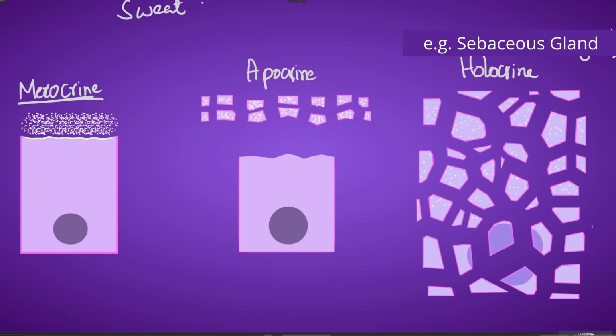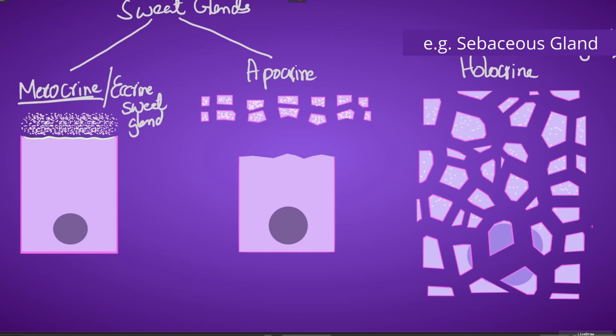One type of sweat glands are merocrine. Classically, they are known to be merocrine, and historically and classically, the other type of sweat glands have been known to be apocrine sweat glands. The merocrine sweat glands are more specifically named as eccrine sweat glands. Merocrine is the mode of secretion, but the specific name of such sweat gland is eccrine sweat glands, and apocrine sweat glands are called just apocrine sweat glands.